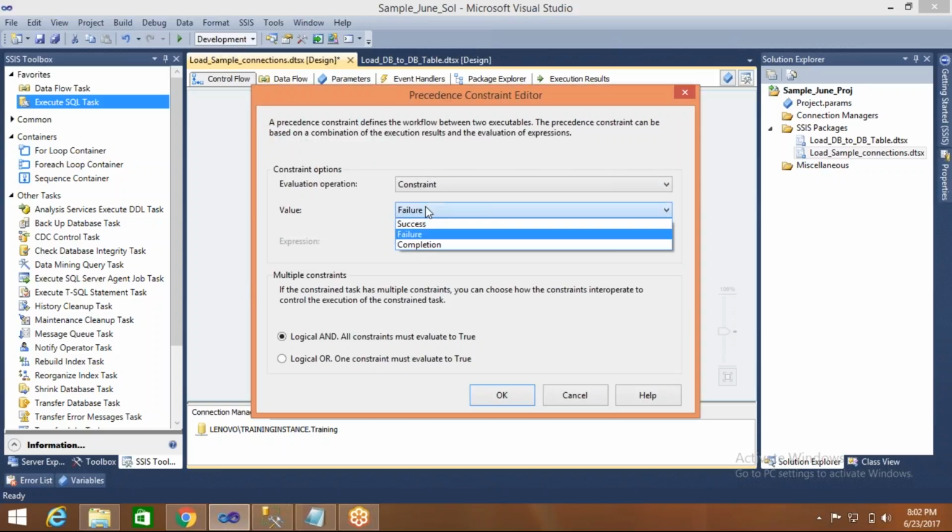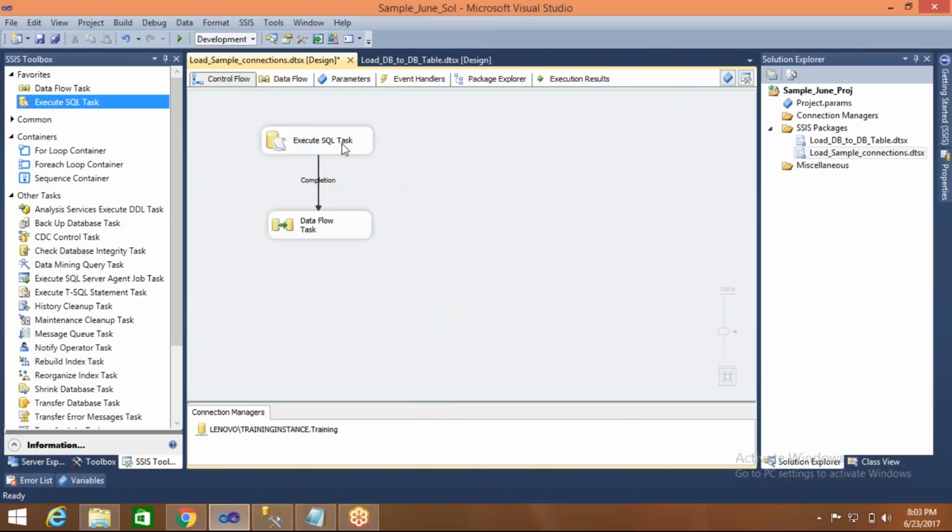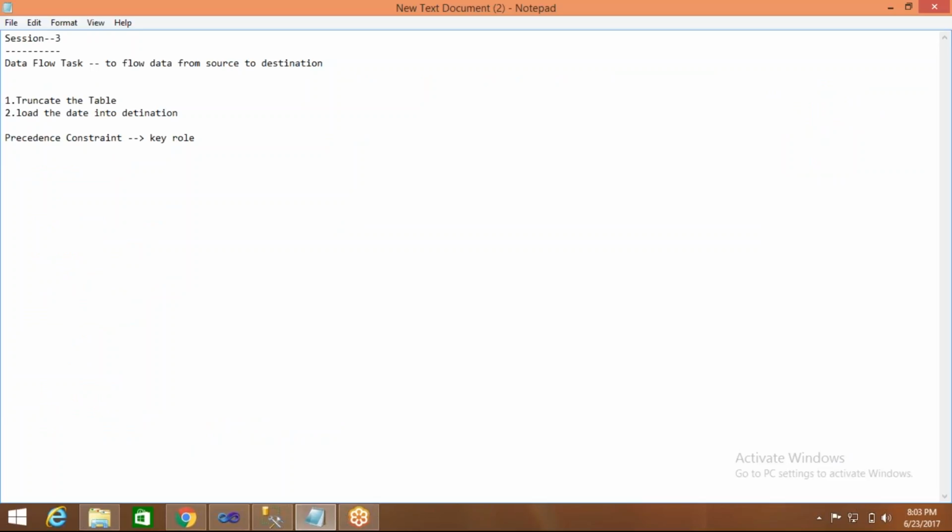If you take completion, it means whatever happens for this first task, it might complete successfully or it might complete with failure. At the end of the day, the task execution has been completed. Once this is completed, you should come over here. So we have three constraints: success, failure,